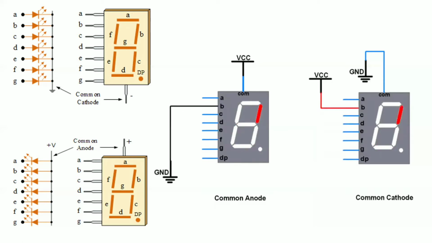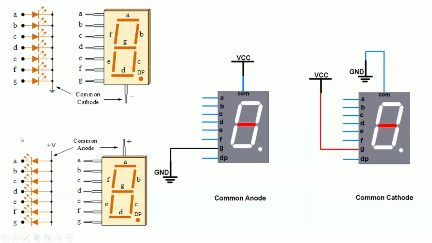So whenever the current has to pass from positive to negative, I need to connect the ground to the other end of your diode, right? On the left side of your diode, you give the power supply to turn on your LED. And at the other end, the current flows through the ground, so the LED gets turned on. This is how the diode is functioning, and this is how the LED is functioning.